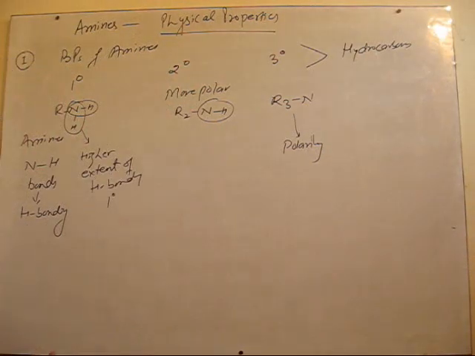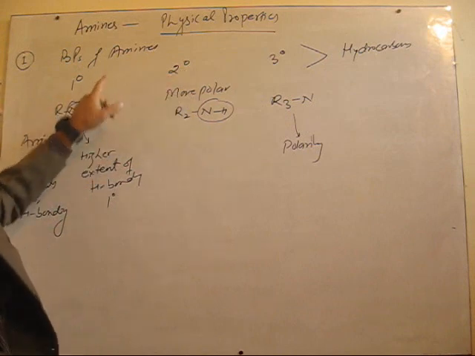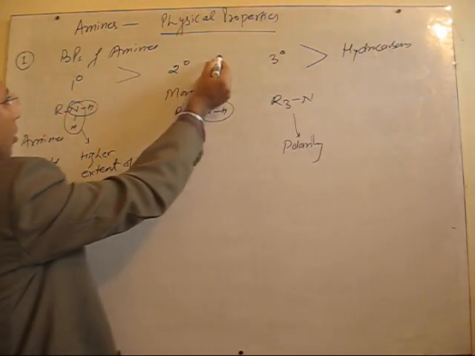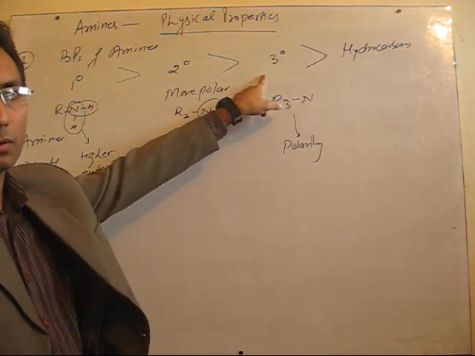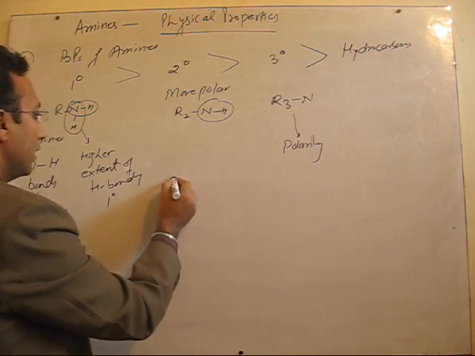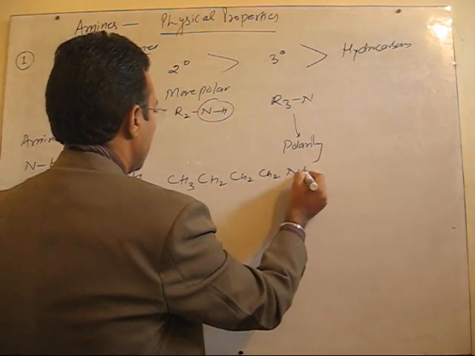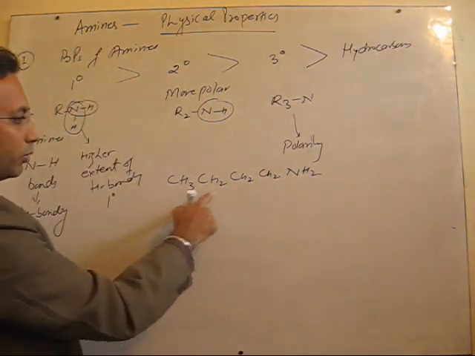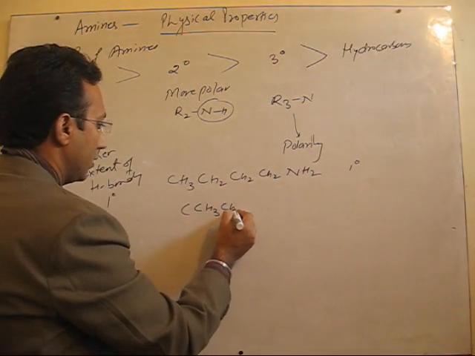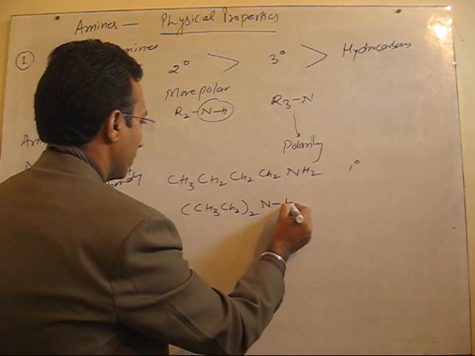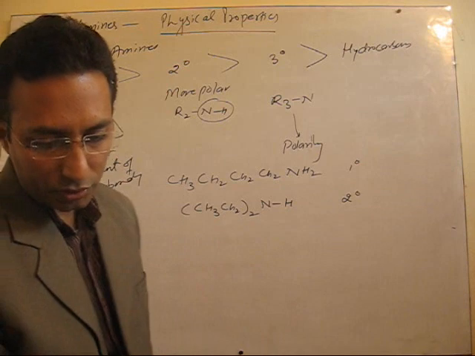Fine. Their intermolecular forces are stronger as compared to hydrocarbons, but not stronger than secondary or primary. So among these three, the order of boiling point will be like this, but remember all these three should be of comparable molecular masses. For example, I just tell you, if I take this primary amine, right, this is butanamine, this is primary, fine, and if I take this is secondary, and among tertiary of this kind